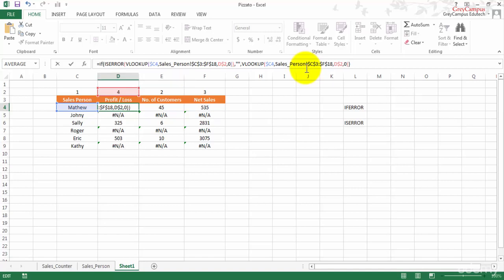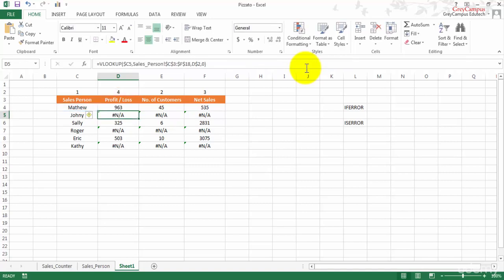So I am simply utilizing IF and ISERROR to work with this VLOOKUP and handle the error. Since it finds the data, it is absolutely fine.